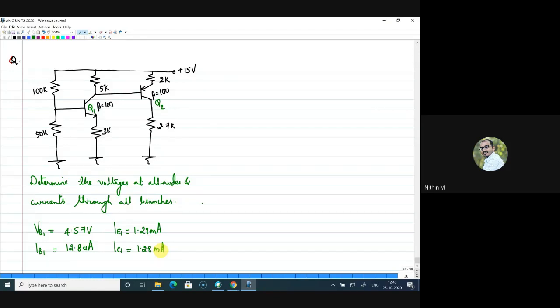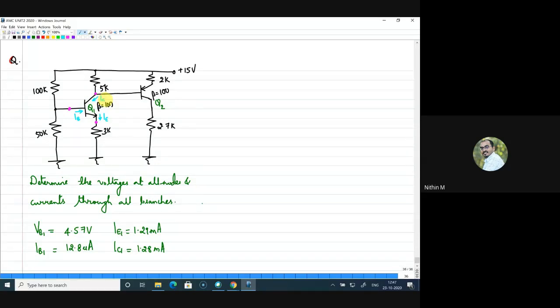Now I know VB, and this emitter current will definitely give some emitter voltage, but for the collector voltage there will be some difference, since in the new circuit we have connected another transistor at the output. How do we understand how the current flows here? The emitter current is the current at the terminal of this transistor, the base current is this, and the collector current is the current at the terminal of this collector.